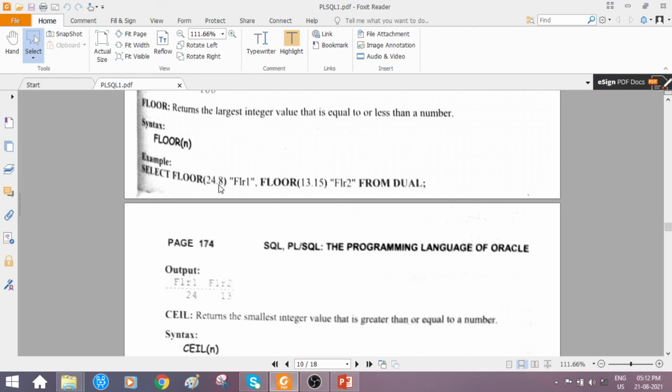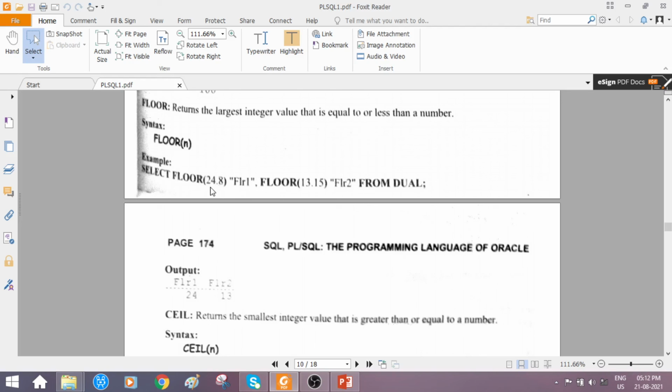Normally, after the decimal point, if it is 5 or greater than 5, we round off the number left of the decimal point to a higher number. Like 24.8 is actually 25, we will be rounding off, right? With the floor function, you are not increasing the value of 24. Instead, the largest integer value in the given number will be returned.